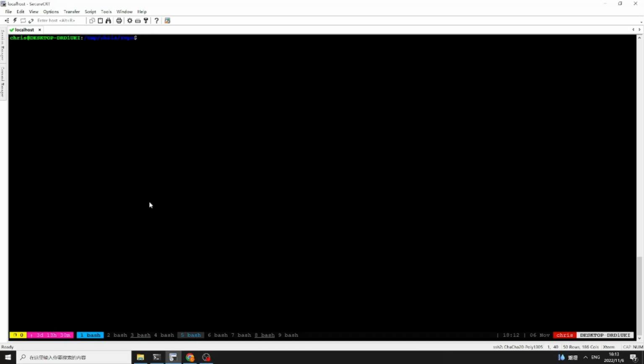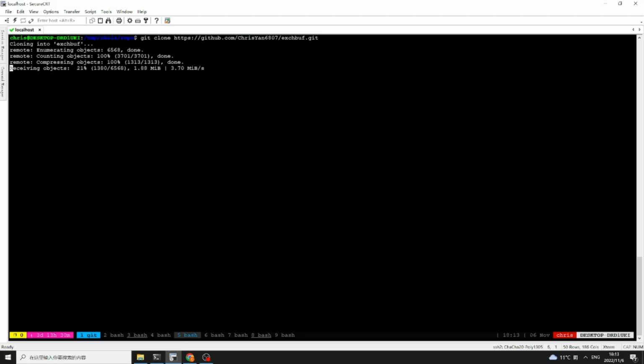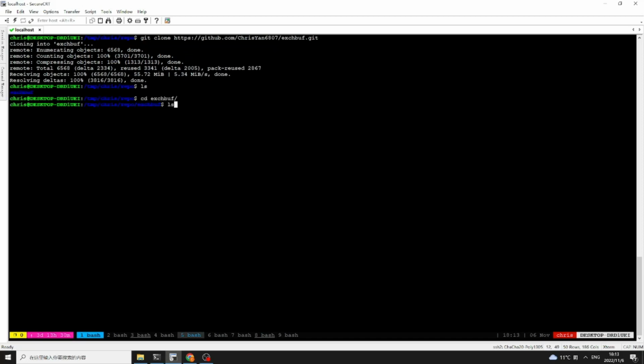Okay. The first step is to check out the code, clone the code. This is the project folder. The first thing we need to do is run this setup